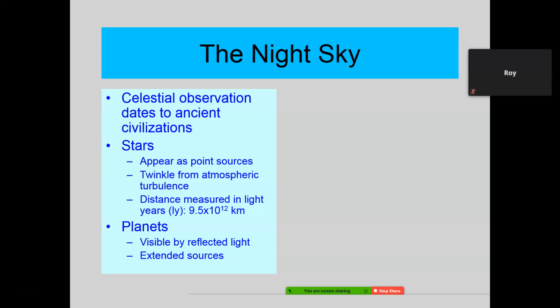The stars look like a point source. Just a source so stinking far away, you can't see any shape to it at all. Planets, for at least Mercury, if you could ever see it, I'm not sure you ever could. Venus you can, Mars you can, and Jupiter you can.